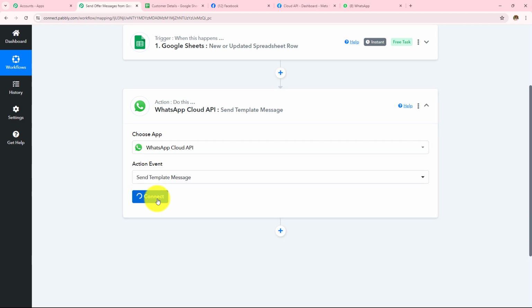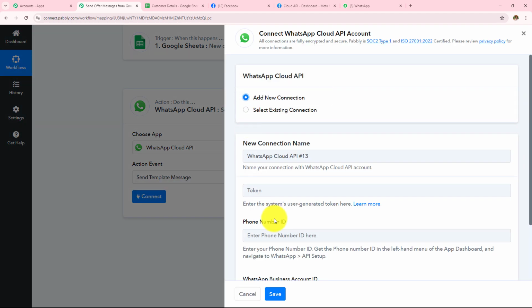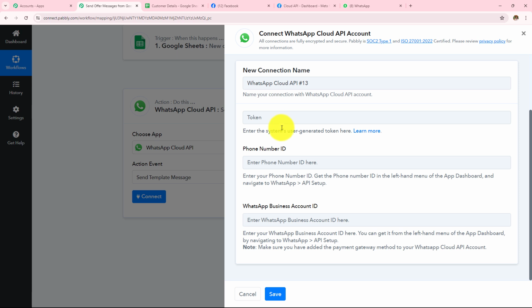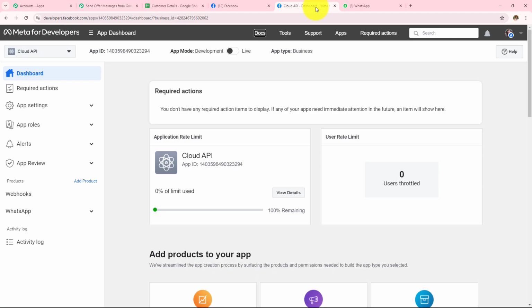Click on connect. Click on add new connection. And now it's asking for these details. Token, phone number ID, WhatsApp business account ID. To get these details, we have to go to our WhatsApp Cloud API, which is made under Meta for developers. So this is the app dashboard of WhatsApp Cloud API, and WhatsApp Cloud API is the official API of WhatsApp, which Facebook has launched.